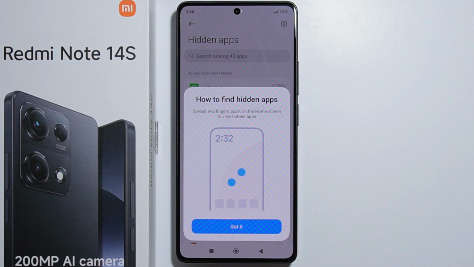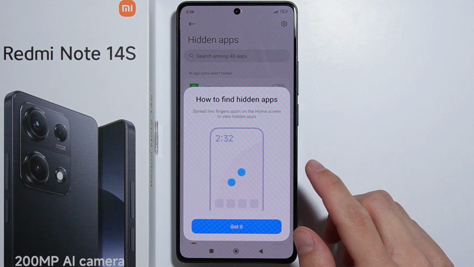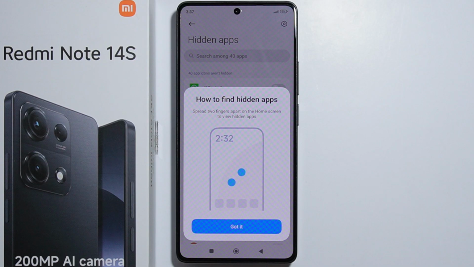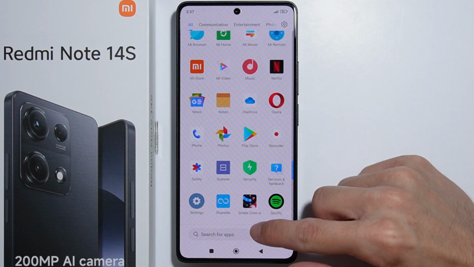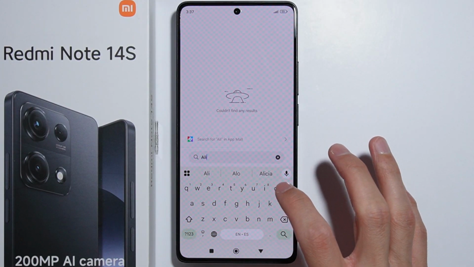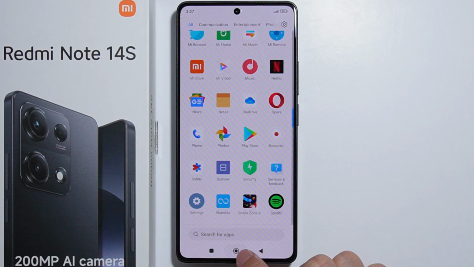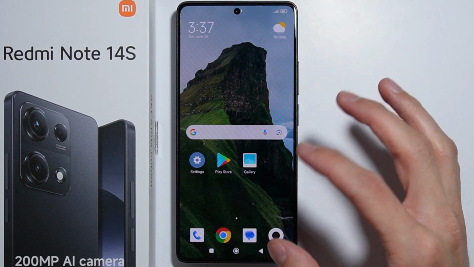And as you are trying to hide an application, here you have the instruction of how to find hidden apps. And to do this, you will have to spread two fingers apart on the home screen to view hidden apps. So now as we have this application hidden, let's take a look at the app drawer for this app. And it is not available right here, but as we go for the hidden applications,